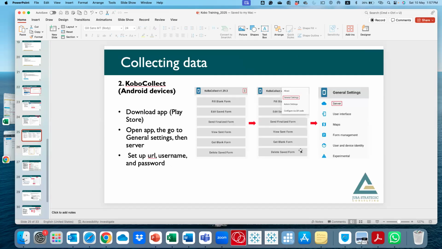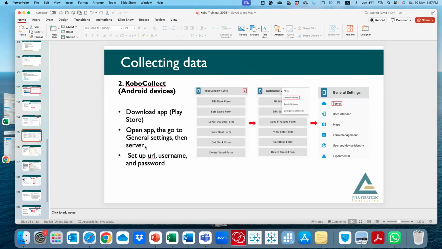When you're using KoBo Collect, you first have to download it, and unfortunately it only functions on Android. I'm not sure whether it is on Apple iOS; the last time I checked, it was still Android, so that is a limitation as well.